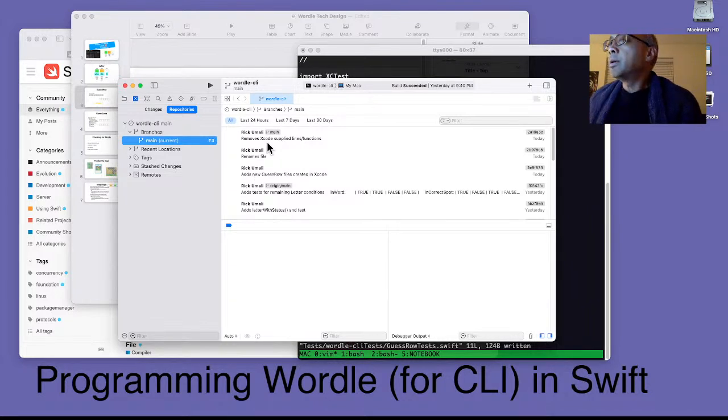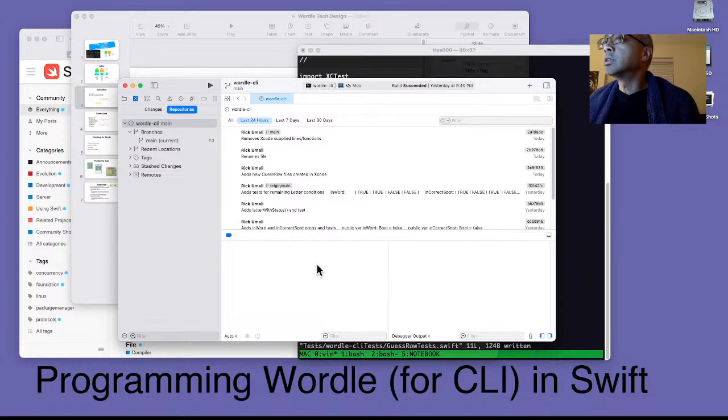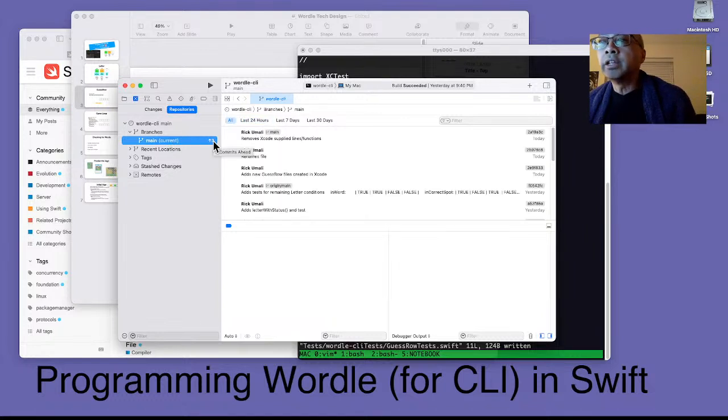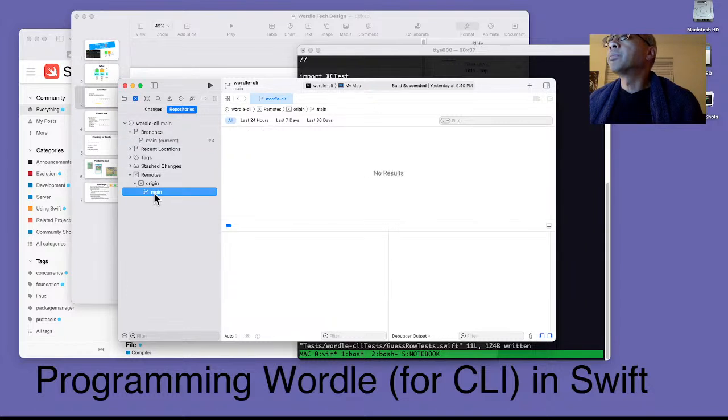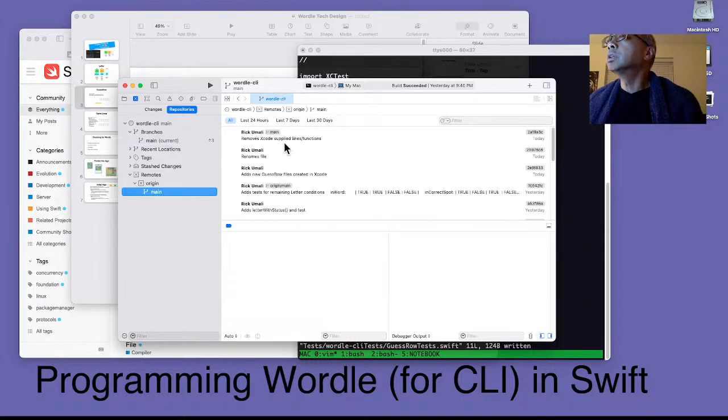So anyway, I was going to point out that if you click on this, you also get a listing. You do last 24 hours, and you can see the activity. This up arrow 3 says that I'm ahead of what is in the remote. So if I click on the remote, origin, main,